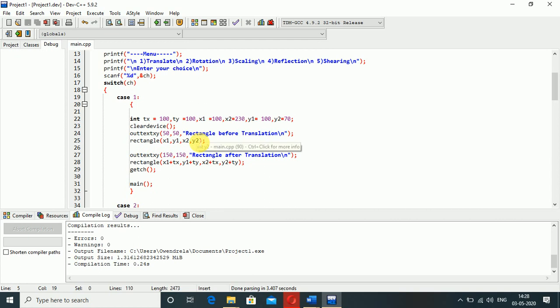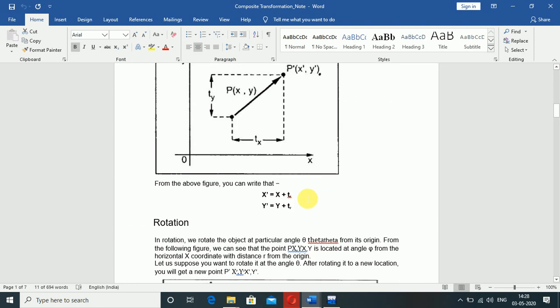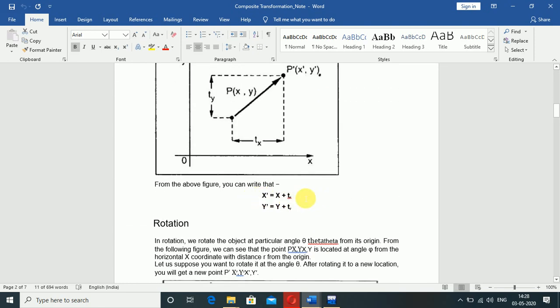This is the simple function to draw a rectangle, and this is for before translation. And this is for after translation. This is also a rectangle function, but we add tx and ty: x1 plus tx, y1 plus ty, x2 plus tx, y2 plus ty, because the translation calculation is x' equals x plus tx, y' equals y plus ty.